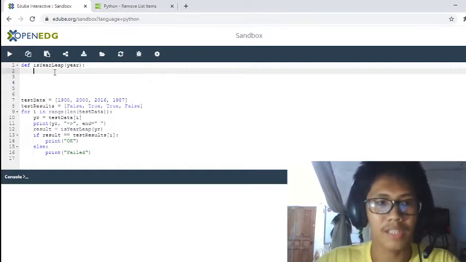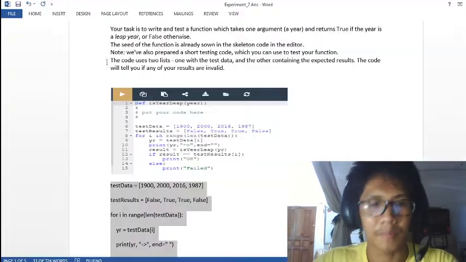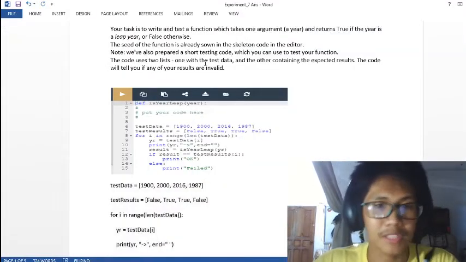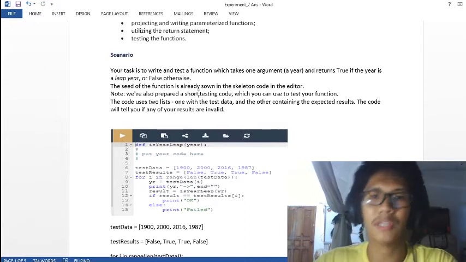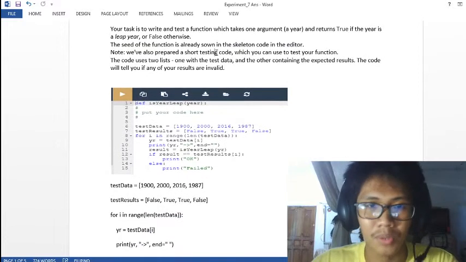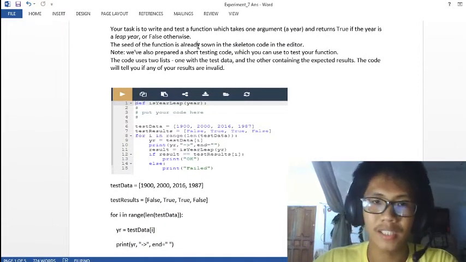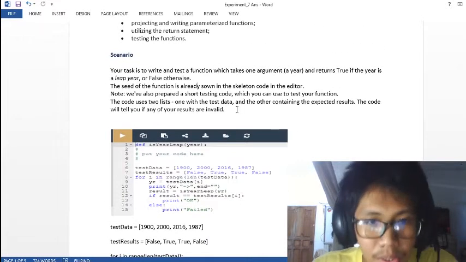And in essence, what we'll be doing here is encoding a function or many lines of code that determine if a number entered is a leap year or not, just like on the previous experiment. But in this case, we don't have to take into consideration the 1582 creation of the Gregorian calendar because it is not mentioned. So 4 AD is considered a leap year, even though it is before 1582. So with this in mind,